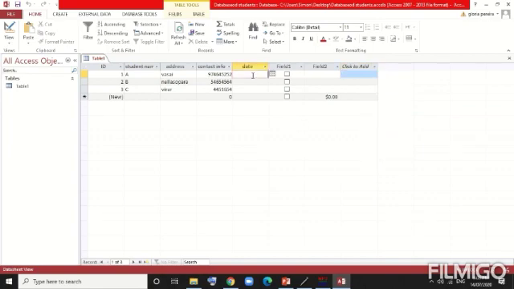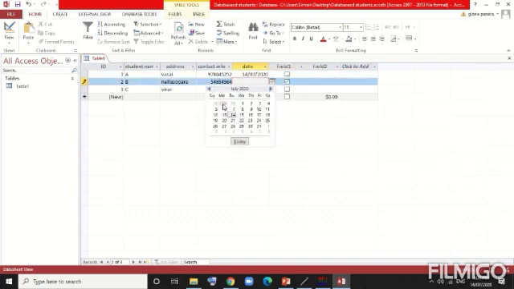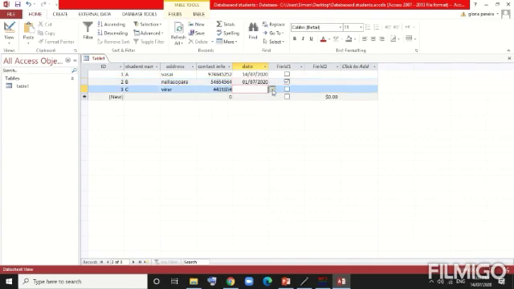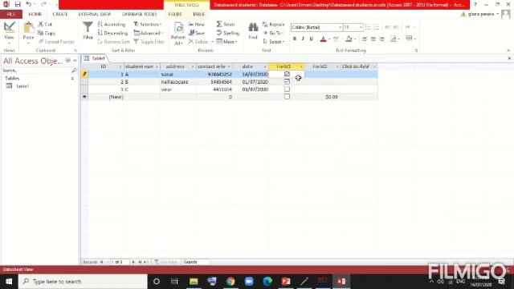Now here if I have to insert the date, I'm going to insert the date according to that particular date format which is available. You can see in this, if I have to add the different dates for different students, for example, the date of birth specially, so I can add those dates over here. Okay, the fields which are true or false, we can select just the field that these students are going to promote. This third student may not promote for the next academic year. Then this particular field is going to have the dollar sign, the currency that you can mention. So currency will be added over here. So this is basically the field that we have to create.